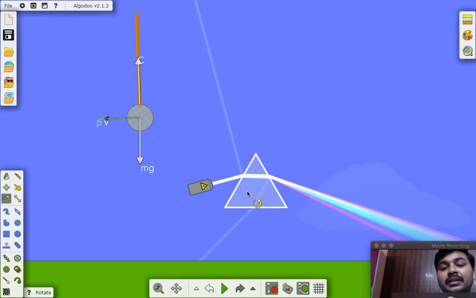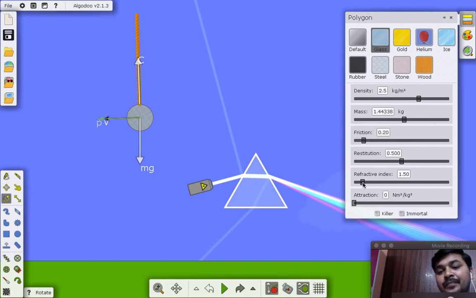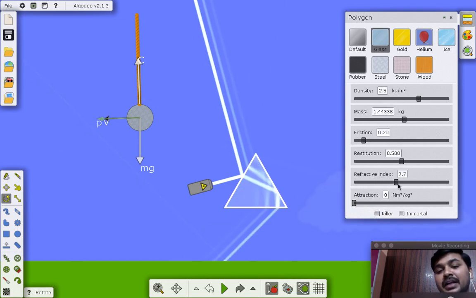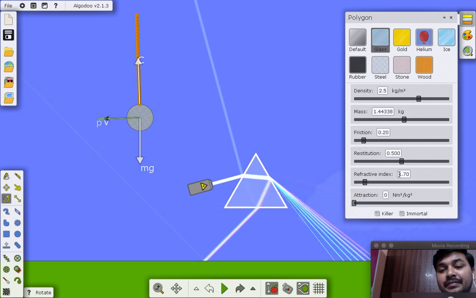And here one important thing that I would like to say, you can change the refractive index of the prism. You just select the prism, go to here, and under the material property, see here, you can change the refractive index, and you can observe how the variation of refractive index affects the dispersion. See here, at a refractive index of around 1.7, the dispersion is clear.